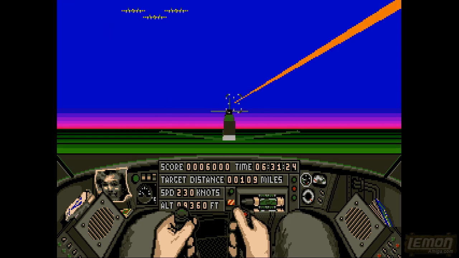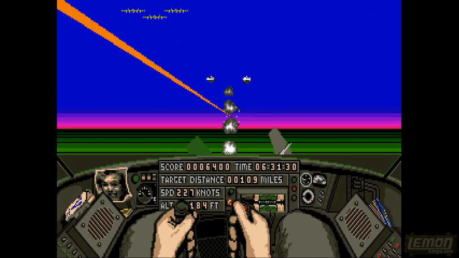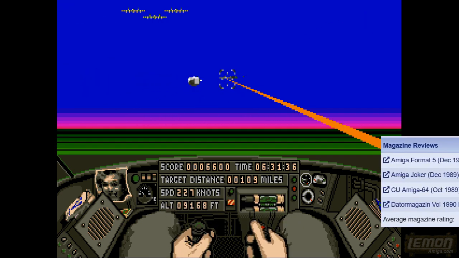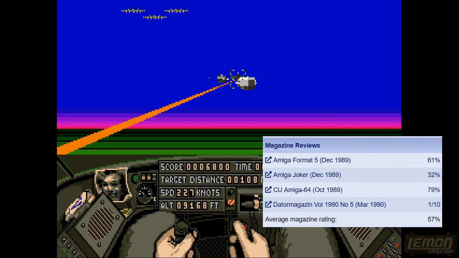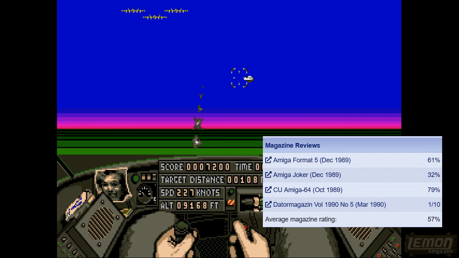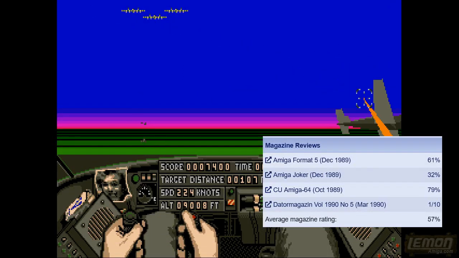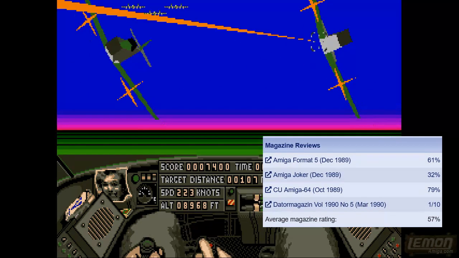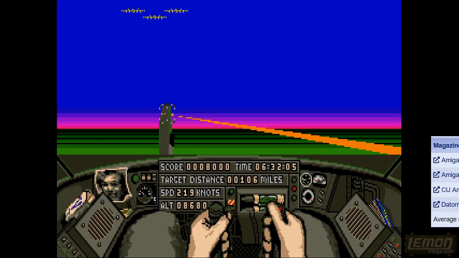Taking a look at those scores, it's a mixed bag. Datormagazin gave this only 10%, complaining that the frame rate was jerky and it was unplayable and it really wasn't a simulator. Generation 4 gave this 31%, Amiga Joker gave this a massive improvement of 32%, Lemon Amiga's current score is 49%, and Amiga Computing gave this a much more impressive 53%, Amiga Format gave this a very average 61%, and CU Amiga gave it a much more respectable